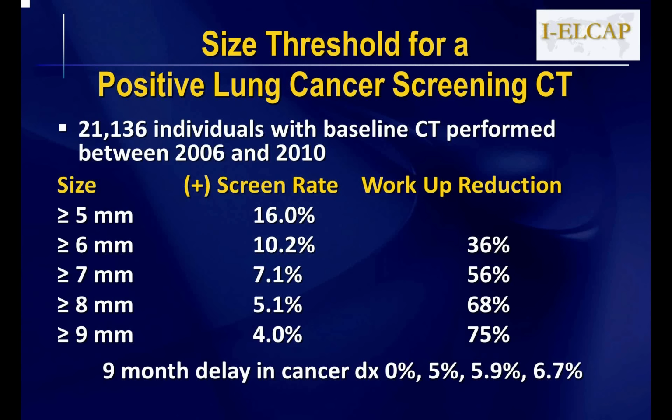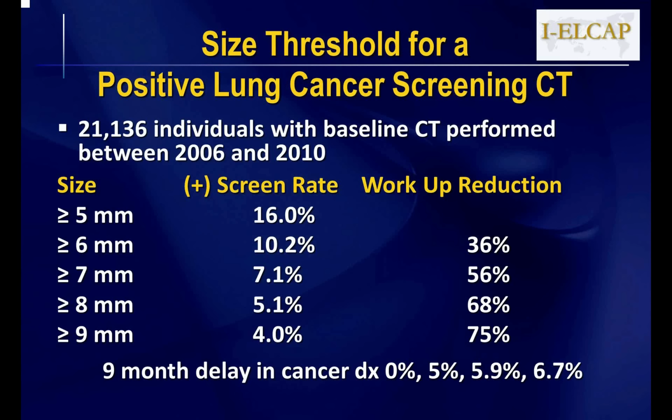In over 21,000 individuals screened between 2006 and 2010, when a size threshold of 5 millimeters and larger was used in LCAP, 16% of people had a positive screen. If you increase that by 1 millimeter, from 5 to 6 millimeters, the positive screen rate falls to 10.2%, and 36% fewer downstream diagnostic tests would be performed. You go up yet another millimeter to 7 millimeters, and now the positive screen rate is 7.1%, with a 56%